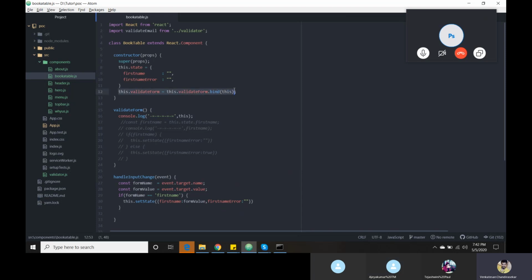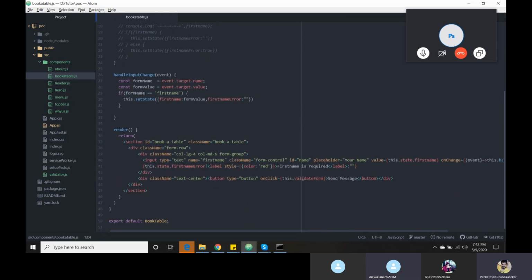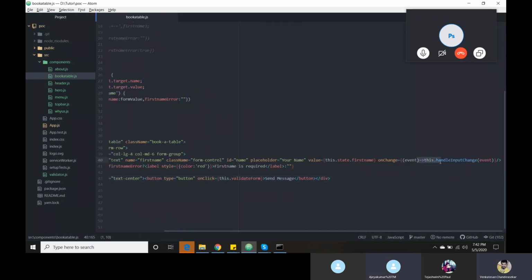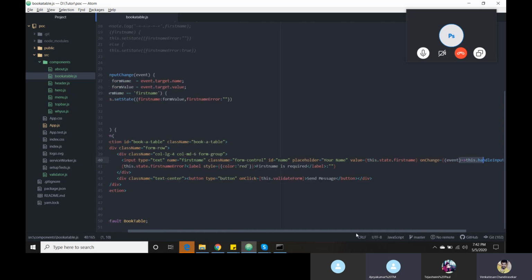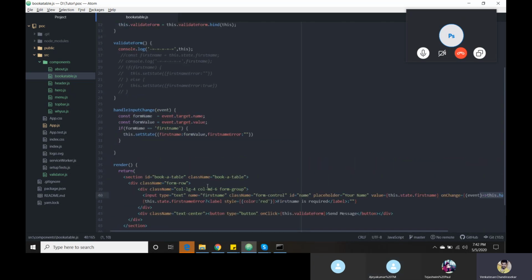For validate form we should need to. Why? In the sense, this is a normal function. You got it? The difference between a normal function and a fat arrow function. In a normal function, we need to bind our this inside the constructor. Whereas a fat arrow function by default has the feature of binding this. Whenever we are working with a fat arrow, it has default options.